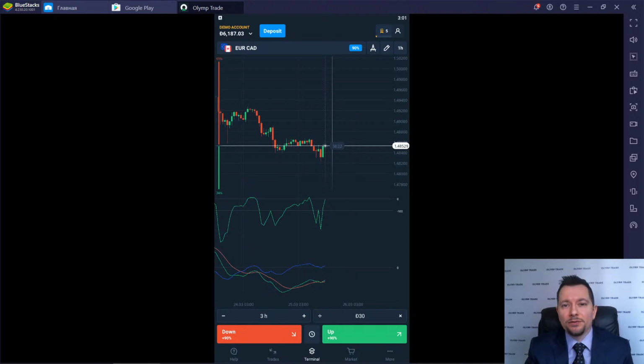Now, we've talked about the Martingale system before. We talked about 1 to 5, 1 to 2 money management rules. Basically, this is the way that you want to manage your money so that you can stay in the game longer and you can have money when you need to make a good, solid trade. You need to make sure that your account is still there. And so a good money management system will bring you to that point. It will allow you to stay in the game.